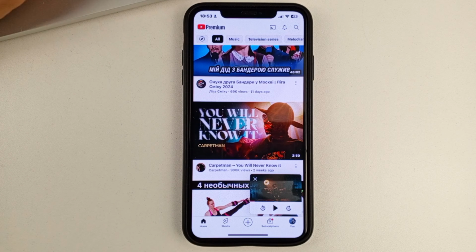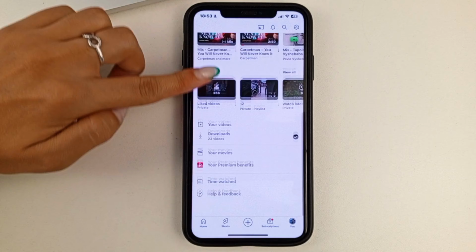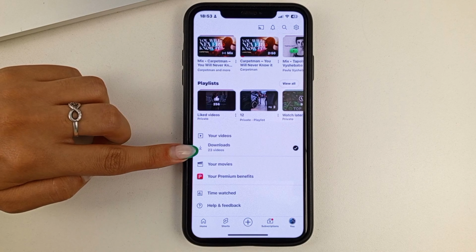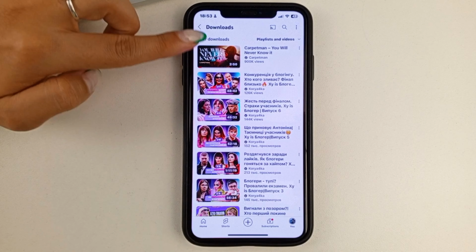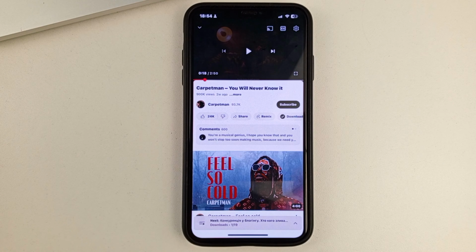But how do you find it on YouTube? For that, friends, you'll need to go to your YouTube page and then scroll down a little bit and you can find the saved or downloaded one. And when you open it, you will be able to find here the video that you have saved. And you can easily watch those videos when you don't have internet. You can't watch videos online, but you can easily watch those videos on YouTube.